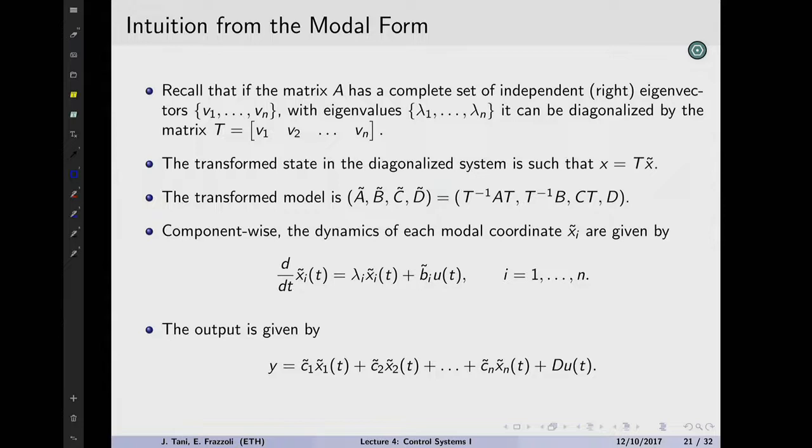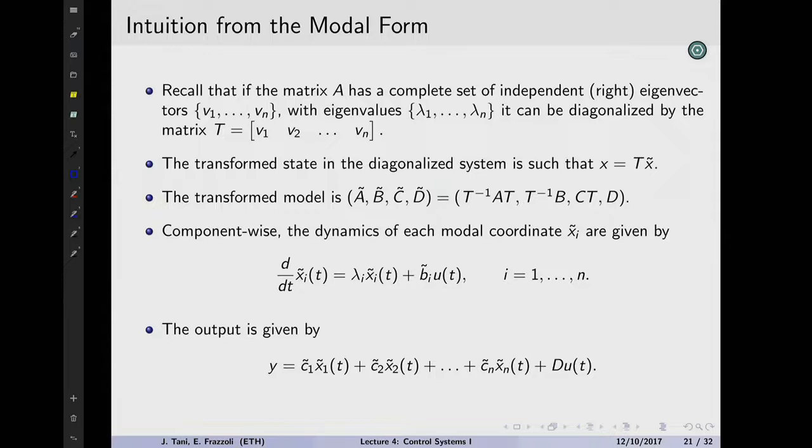So combinations of x1, x2, x3. The special directions are called the eigenvectors, and if you change the coordinates to the modal form, that is, in the directions expressed by the eigenvectors of the A matrix, then you get a decoupled answer. That's nice, because if it's decoupled, you don't need to worry about the interactions between all the different x's. x1 depends on x01, x2 depends on x02.